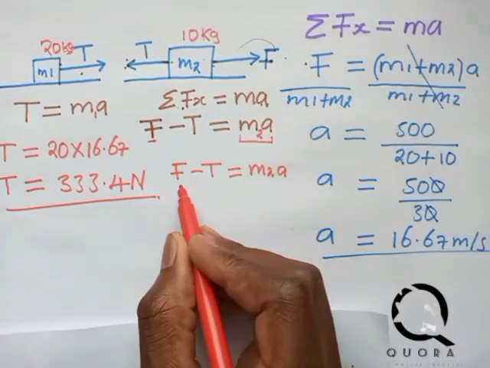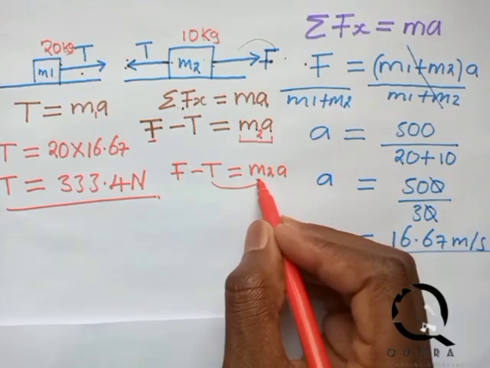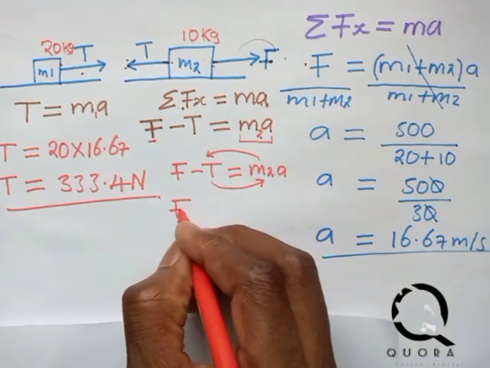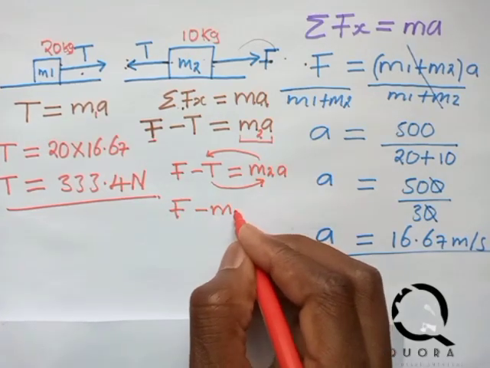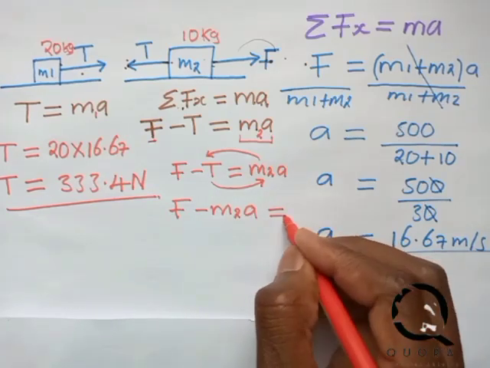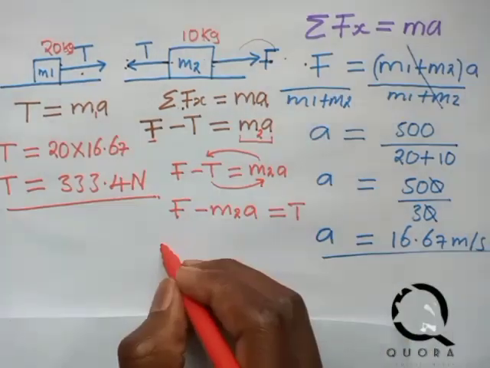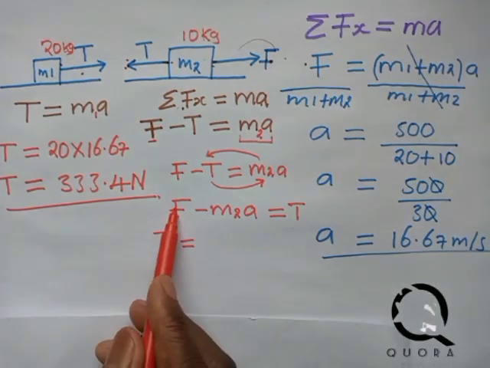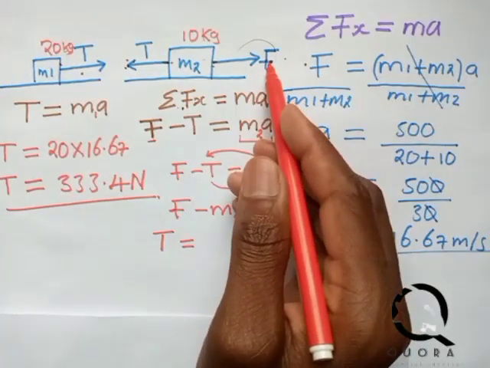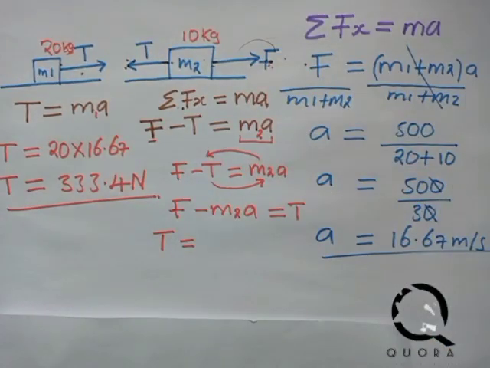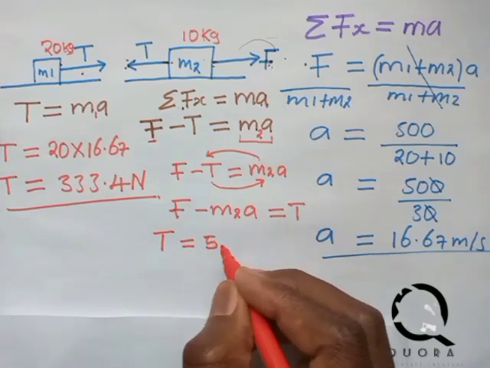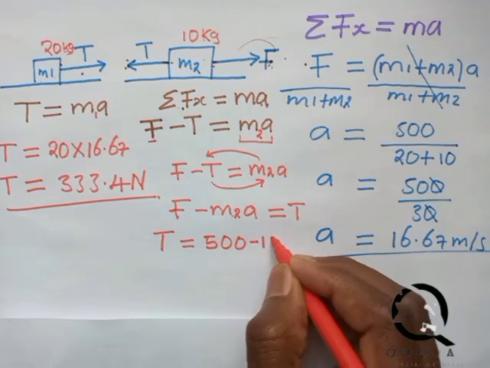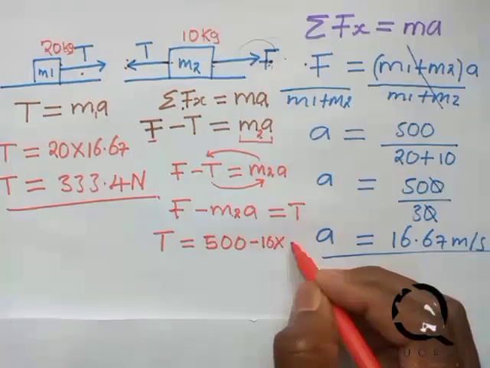Then what we are going to have now, we can interchange these. This will replace the position for that, and this one will come here. So we are going to have force minus M2 acceleration. We have to get the tension. So at this instant, we'll say tension has to be equal to, what is this force? The same applied force for this one, which makes the entire system move. It has to be 500. What is this mass? We are saying this has to be 10. Acceleration